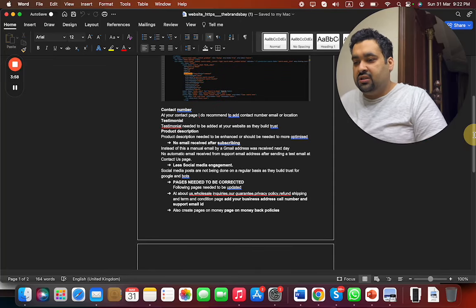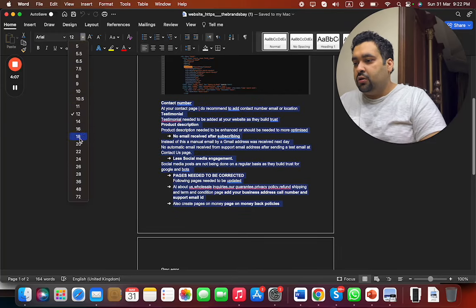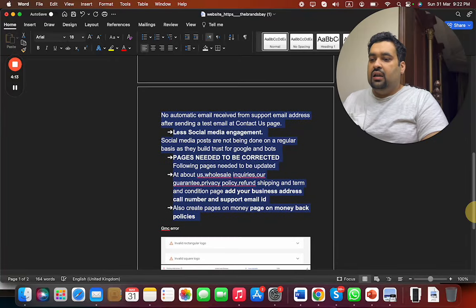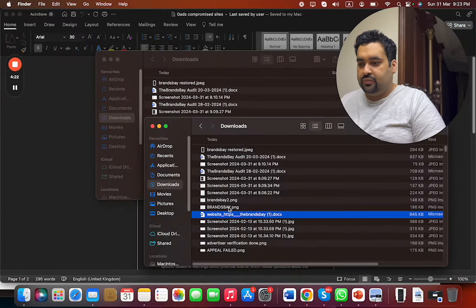Then we also suggested social media engagement for posts, and we also suggested some pages needed to be corrected. I've enlarged the font so you guys can understand as well. And some further errors were also listed in our first audit. And then